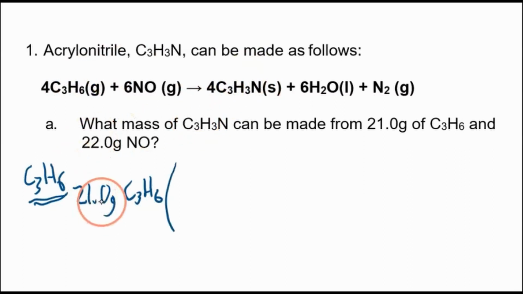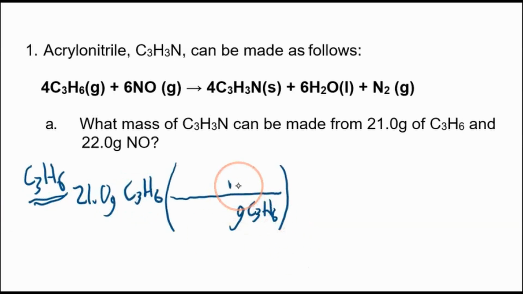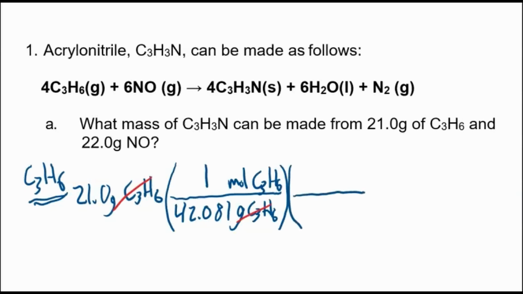So we'll go from grams to moles. We've got to do a mole bridge eventually. And we want grams to cancel out. So grams of C3H6. And we want moles. That's always step 1, moles of C3H6. And for every 1 mole, if you look on the periodic table, each carbon has a mass of 12.011 grams per mole. Each hydrogen is 1.00 grams per mole, times 6. So the molar mass of this compound is 42.081 grams. Our grams of the compound cancel out,